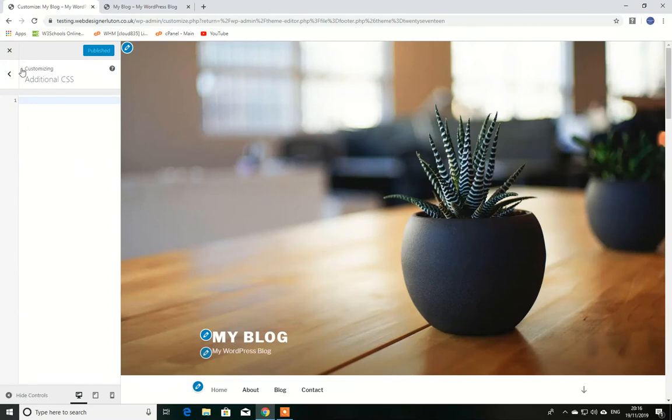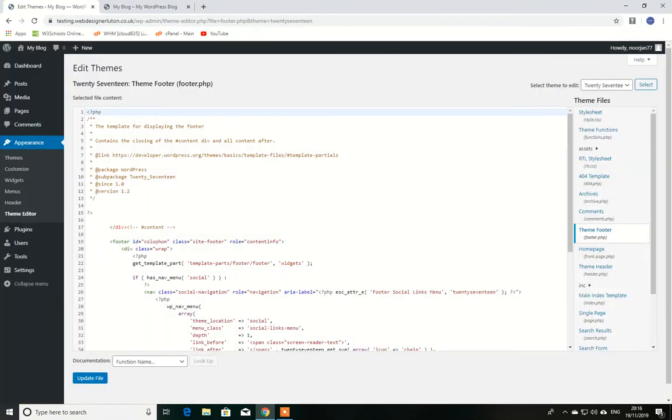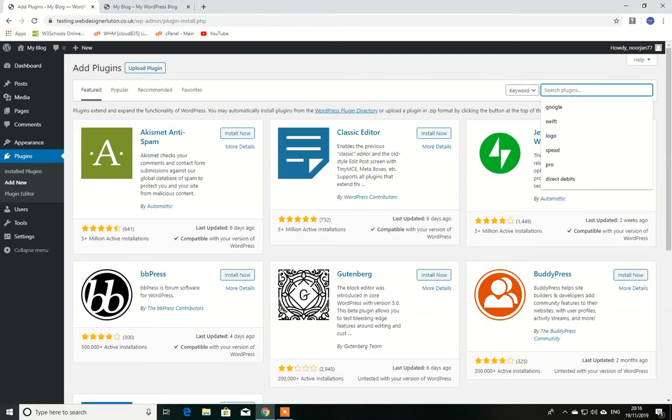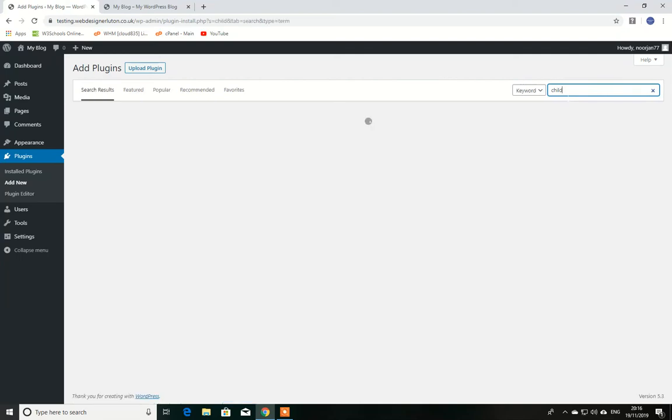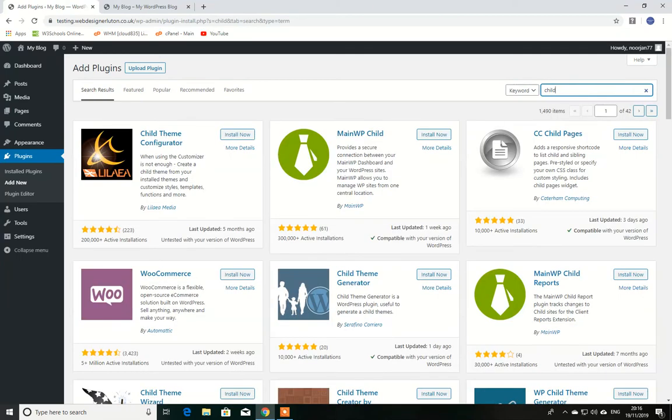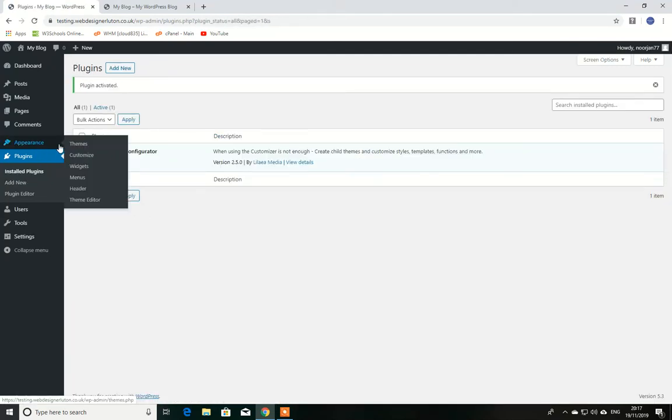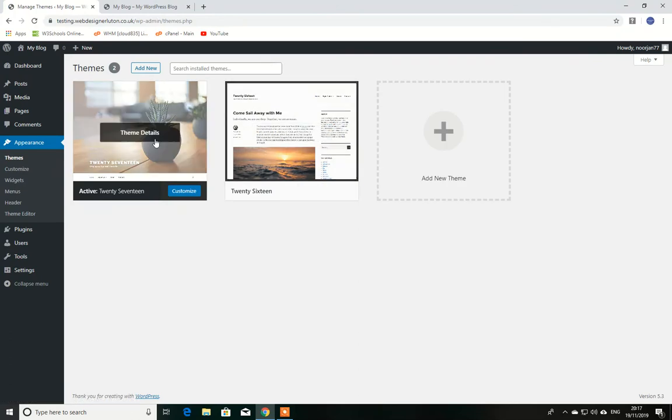So how to make a child theme? The easiest way is a plugin. Just go to plugin, add new, and just type child here, and it should come. Yep, the first one, this Child Theme Configurator. Click install, and after install, activate. If we go to our themes, at the moment we don't have a child theme, but